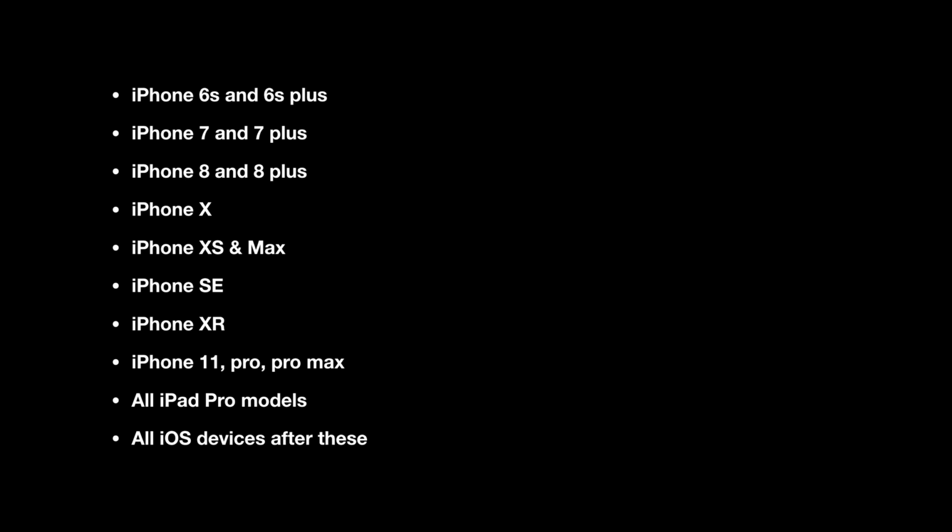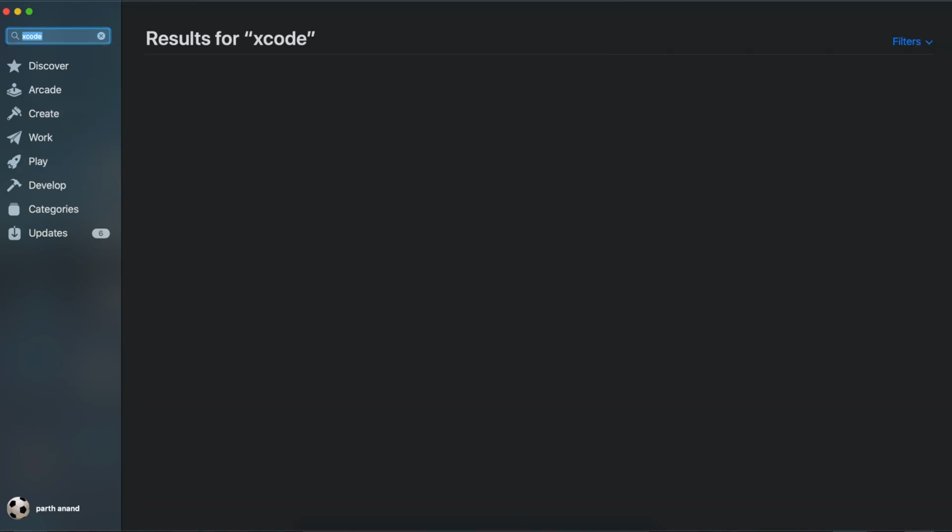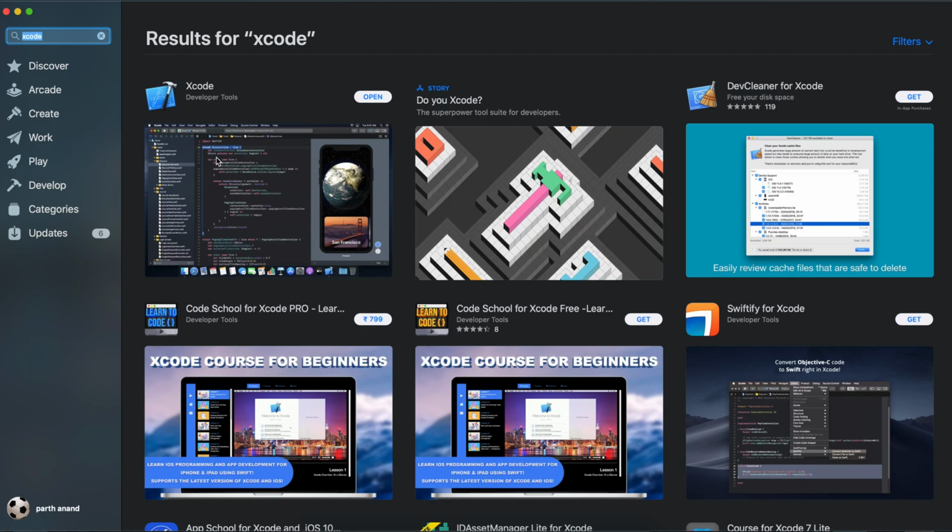To create this app, we need Xcode, which is only available on a Mac. So let's head over to Mac App Store, search for Xcode, and before downloading Xcode, make sure you have macOS Catalina or above. Once it's downloaded, open it